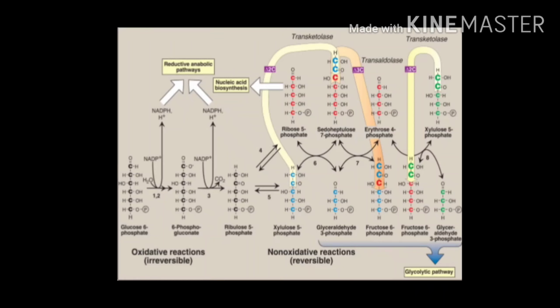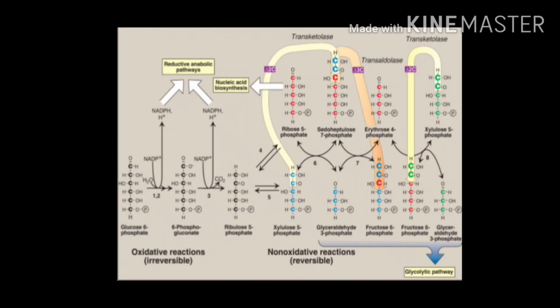That means they have the same molecular formula but different structural formulas. How are they structurally different? You see, in the first carbon atom of ribulose 5-phosphate, one alcohol group is there, and in the second there is a ketone group. And in ribose 5-phosphate, the first carbon atom is an aldehyde and the second has become an alcohol. So this is how they are isomers of each other. So ribulose 5-phosphate can be converted to ribose 5-phosphate, and this ribose 5-phosphate is utilized in nucleic acid synthesis.